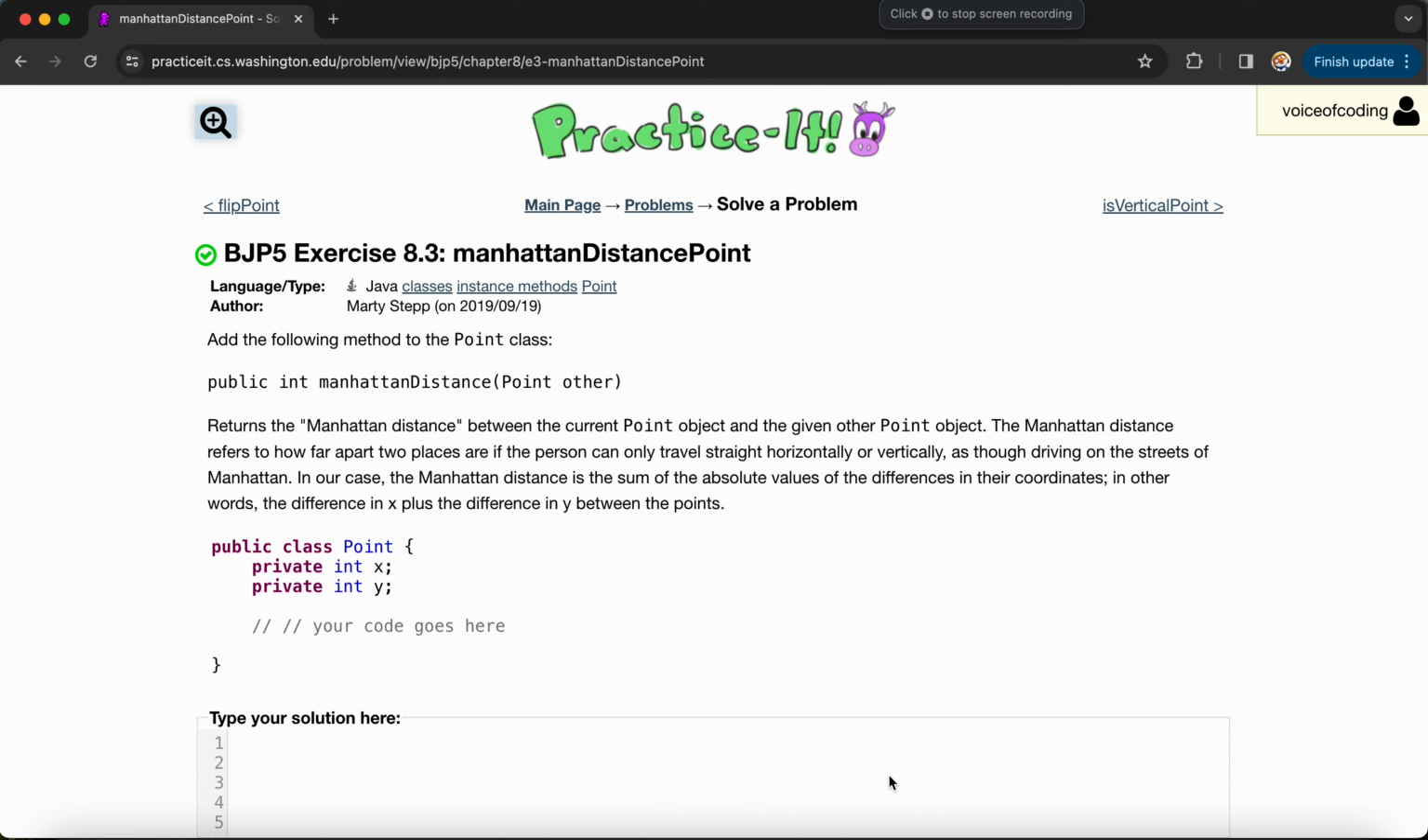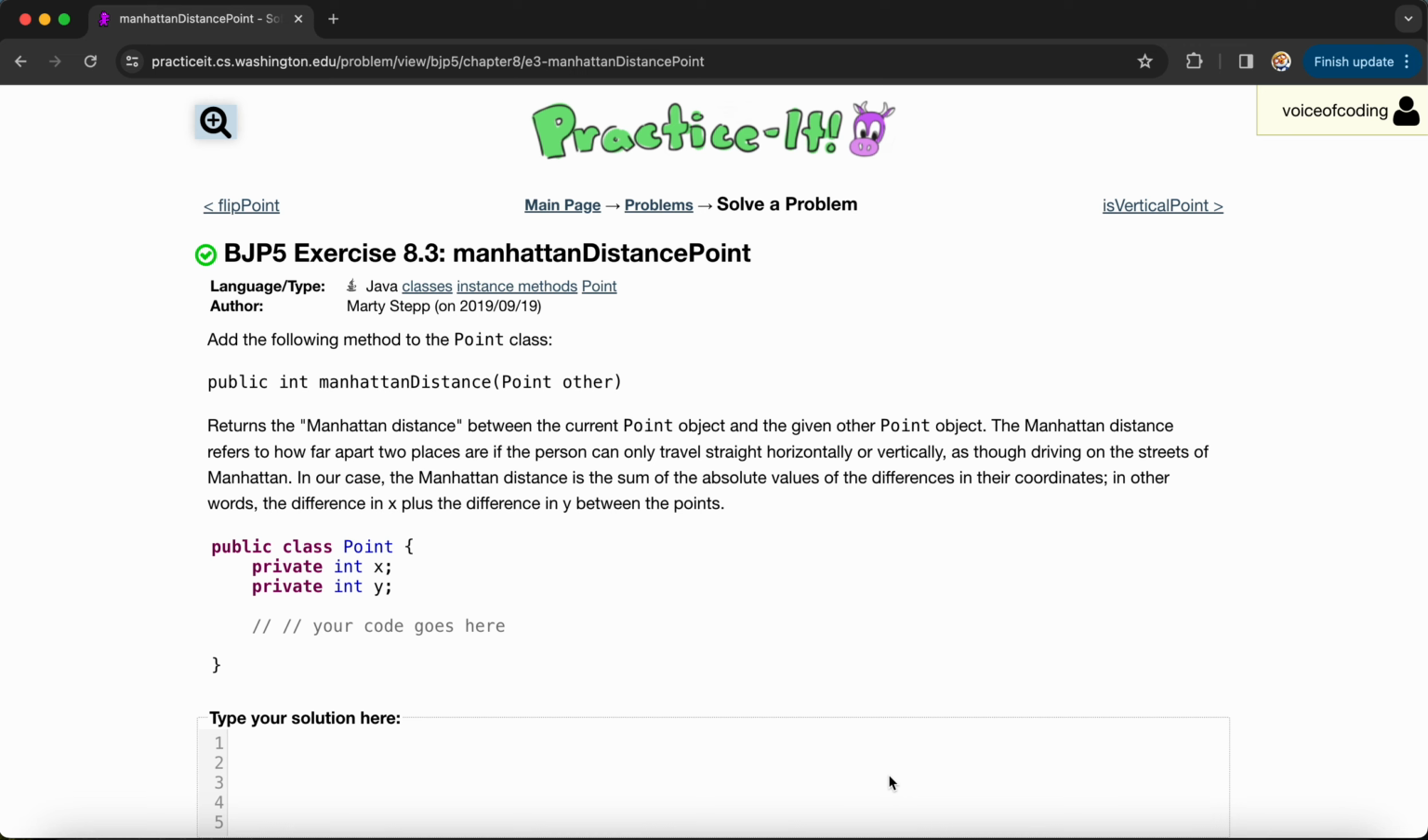Today we'll be covering Practice It, Exercise 8.3, Manhattan Distance Point. The problem reads: add the following method to the Point class, public int manhattanDistance(Point other). And this method is supposed to return the Manhattan distance between the current Point object and the given other Point